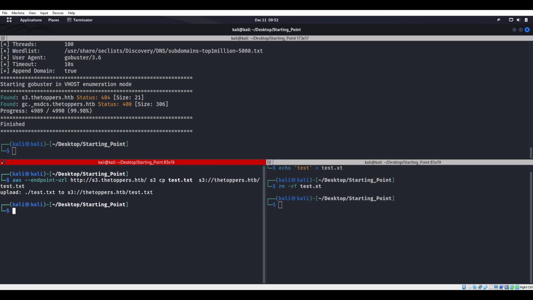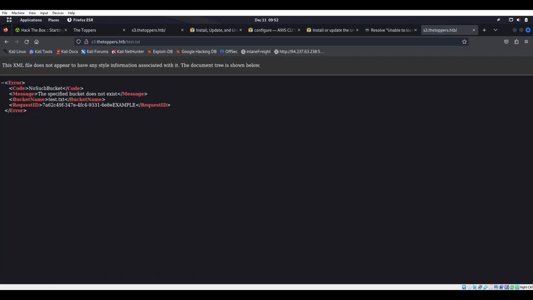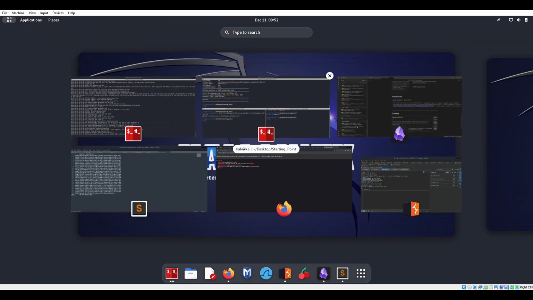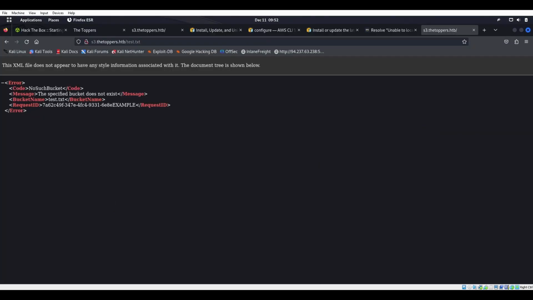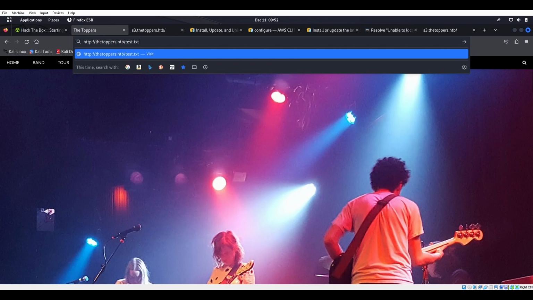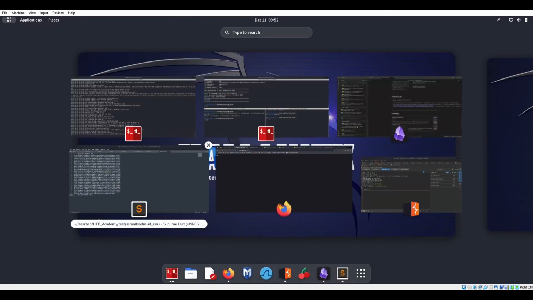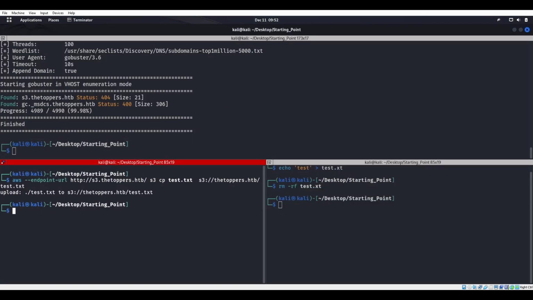So now let's go ahead and see if that actually worked right there. And then we'll go to slash test.txt. Okay, so it says that nothing's there, right? But it definitely uploaded it. Now I'm wondering, did it go to here? Let's freaking go. Okay, now that we know that upload works over there, what we could do is create a